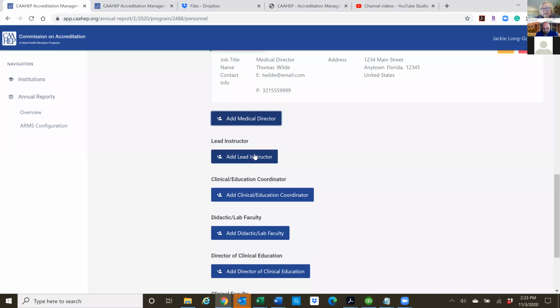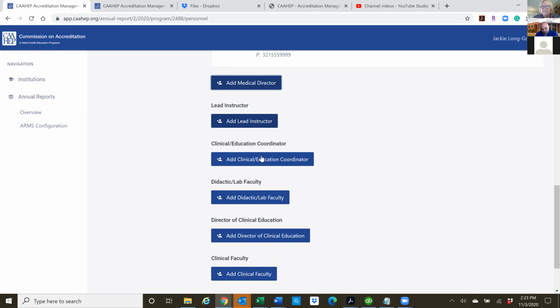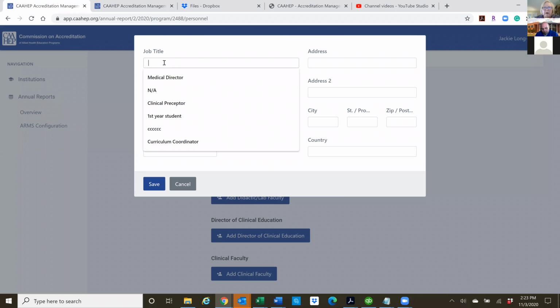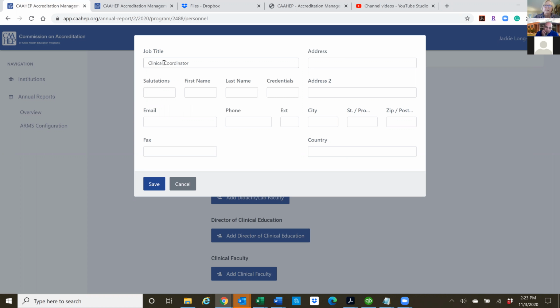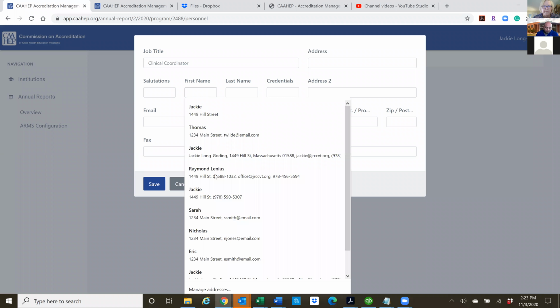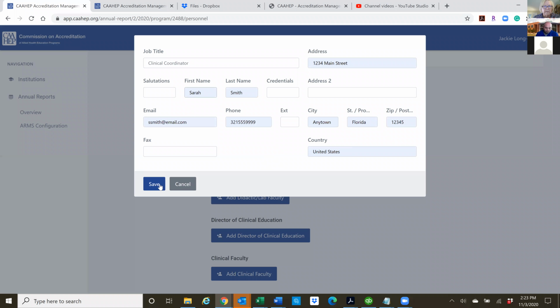So you don't have a lead instructor, so I will remove that from your page. So you shouldn't see anything you don't have to fill in. Some programs have a clinical coordinator, some do not. So we left this in. But again, if you don't have one, you can just put clinical coordinator. And then just the name, and I'll just throw in my dummy names here.